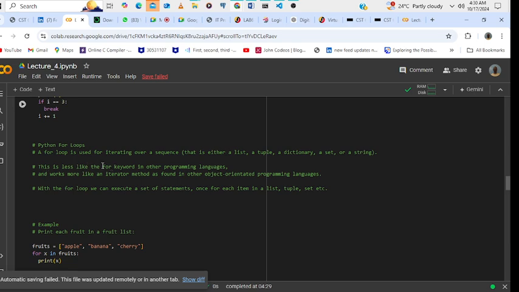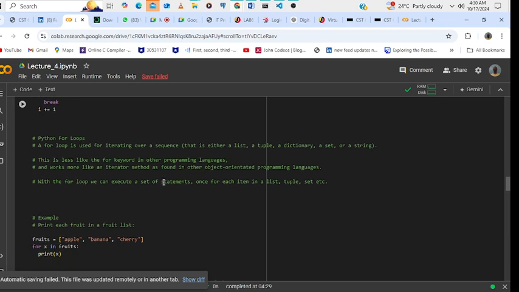This is less like the for loop keyword in other programming languages. I'm assuming that if you have programmed with other languages, the for loop should be familiar to you. It shouldn't be something new. So we are saying that this one is more of the same as the for loop we have in other